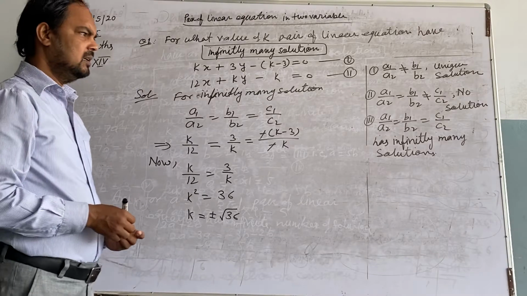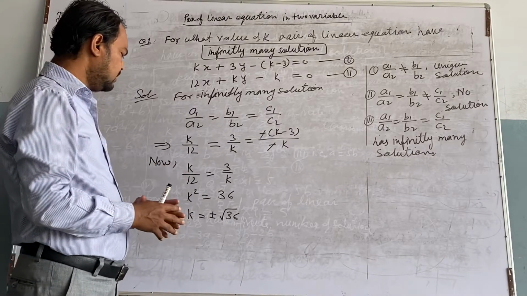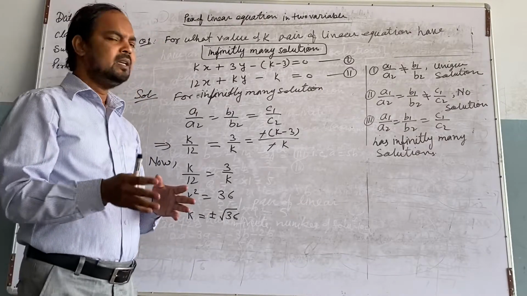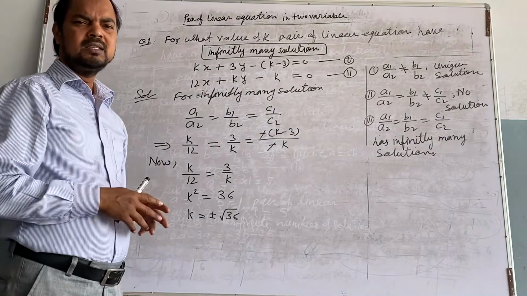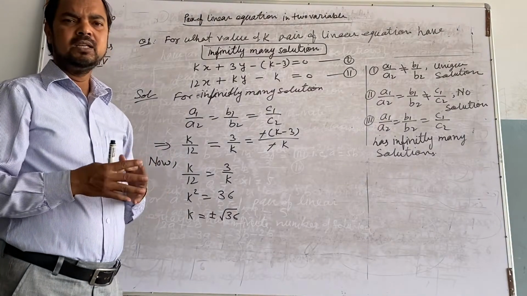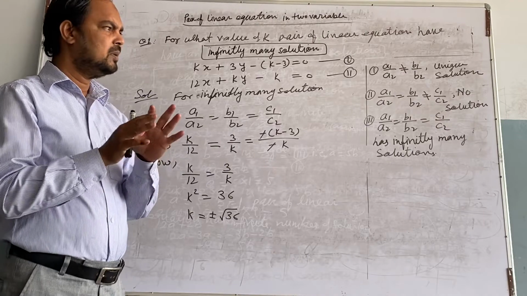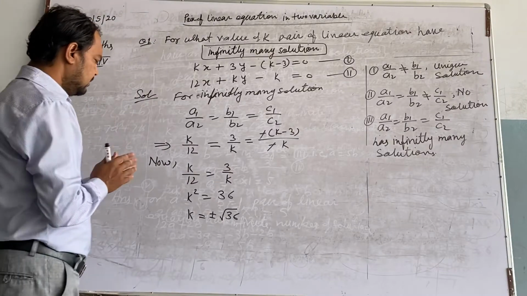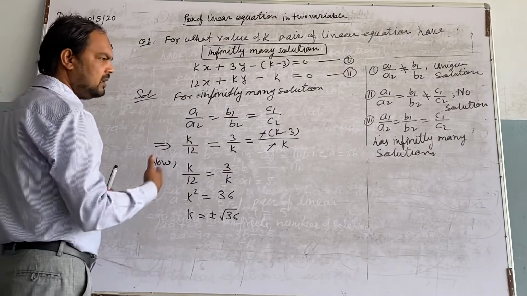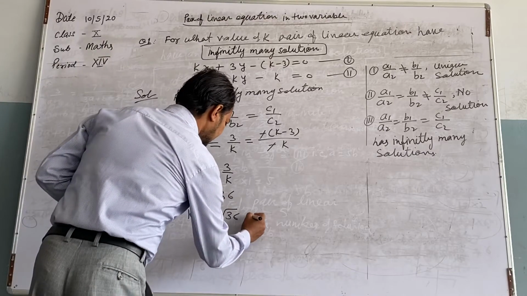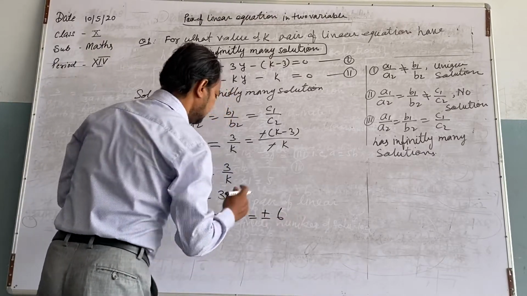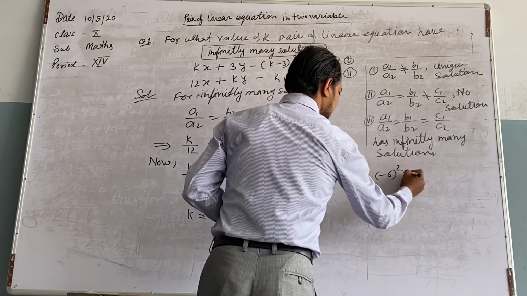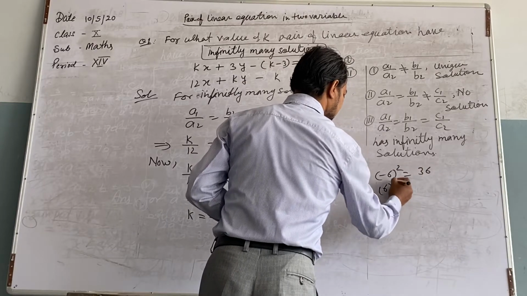As you know that whenever you take a square root, you always put plus minus here. In the lower class, in class 8, we need not use plus minus. क्लास 8 में क्या करते हैं हम लोग? प्लस माइनस दोनों नहीं यूज करते थे. क्यों नहीं यूज करते थे? लोअर क्लास के स्टैंडर्ड के हिसाब से वहाँ पे कोई हाइपोथेटिकल चीज नहीं, कोई थ्योरी नहीं थी. यहाँ पे एक थ्योरी है. थ्योरी क्या है कि it may be plus, it may be minus. We can say k equal to plus and minus 6. It may be plus 6 or minus 6, because we know that minus 6 square is also 36 and plus 6 square is also 36.